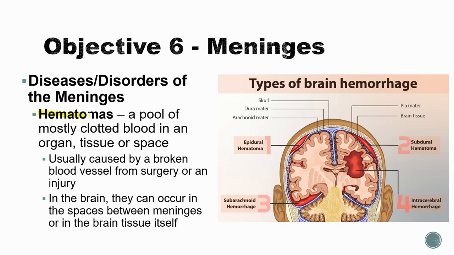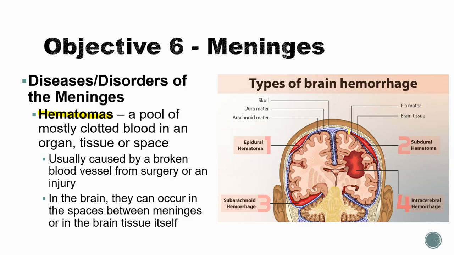We also have hematomas. Now, hematomas are not isolated to the brain area. A hematoma is just a collection of blood in an area, in an organ, in a space. Now, the reason we're talking about hematomas here is because those spaces that we talked about, you could have blood collection. So if you had an injury or some kind of surgical procedure done, it could lead to bleeding in the brain. You could have a hematoma within the brain tissue, like you see here, called the intracerebral hemorrhage, but